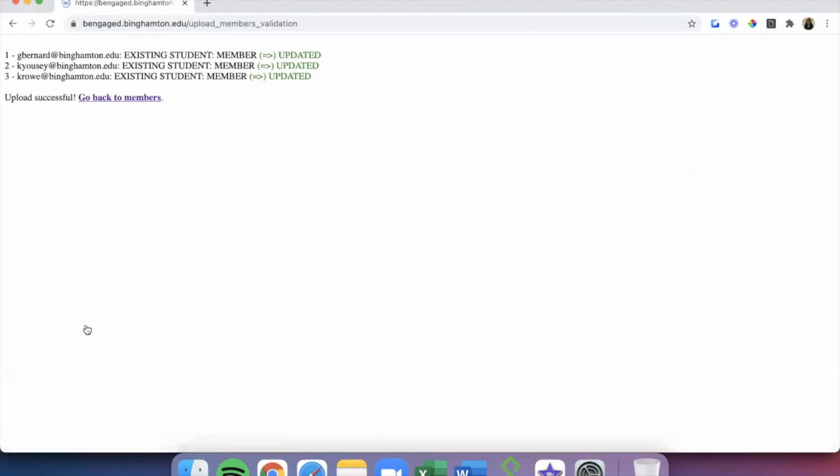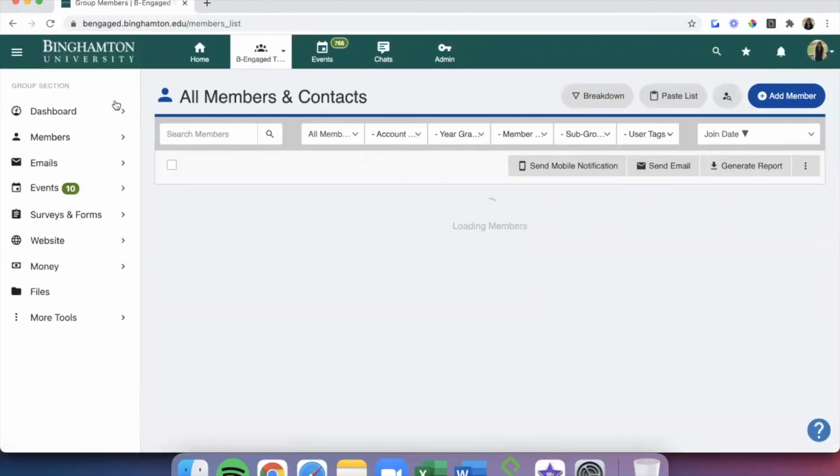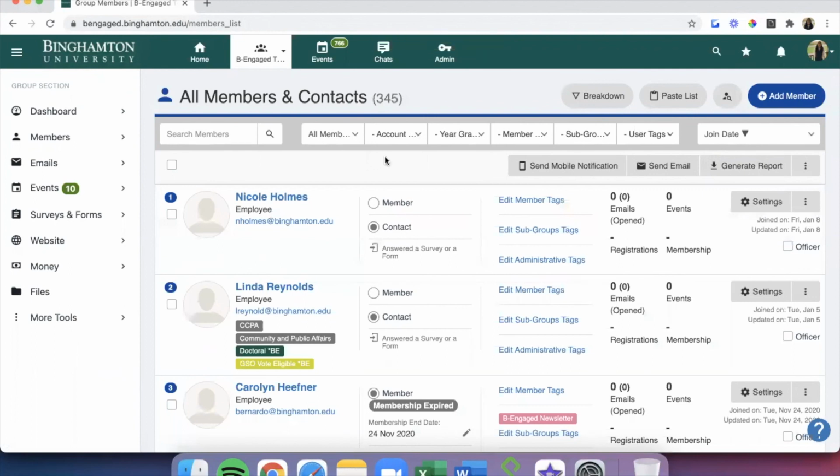The emails will then begin uploading to the group, which shouldn't take more than a few minutes, depending on how many emails were in your list. After all the emails are done, scroll all the way down to the bottom of the upload list in front of you to make sure the same number of people were uploaded to Be Engaged as were in the Excel spreadsheet. You might just be on the same page though, like me. If everything is accurate, click the blue Go Back to Members button and view all your new members, officers, and/or contacts in your Be Engaged group.